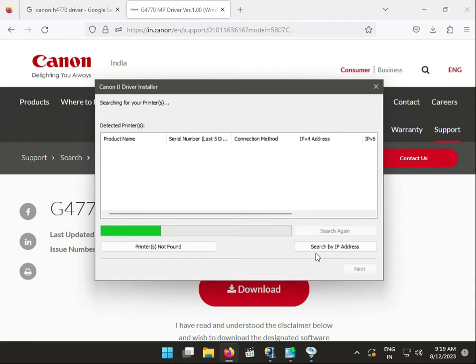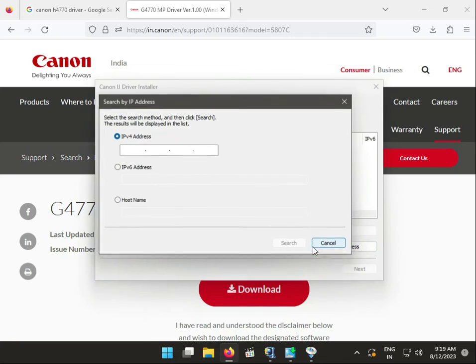Okay. So now this is searching for the IP address of your printers. Okay, search by IP address. This is searching your network. Search by IP address. Enter your IP address